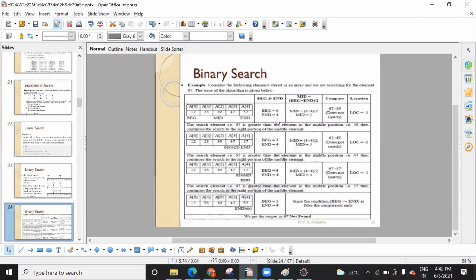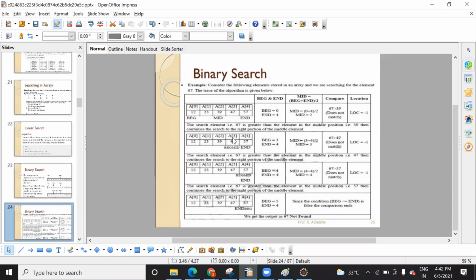Yeah, this is what I was saying. Let me explain here itself. Beginning and end mean your beginning index and end index. Once you get the middle index, you get the mid value. Now suppose you are targeting 67 or 57. Here 57 should be there, but they have mentioned 67. 57 is present on the right-hand side, so the beginning will be mid plus 1.